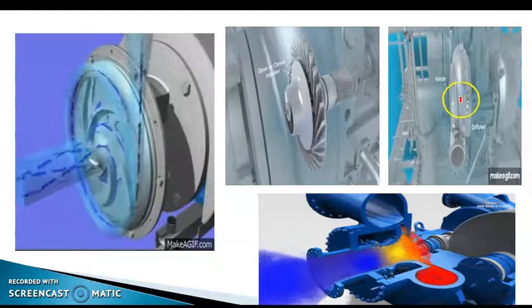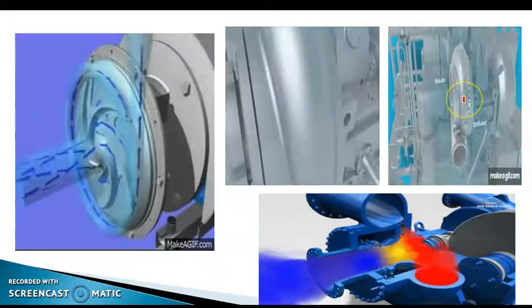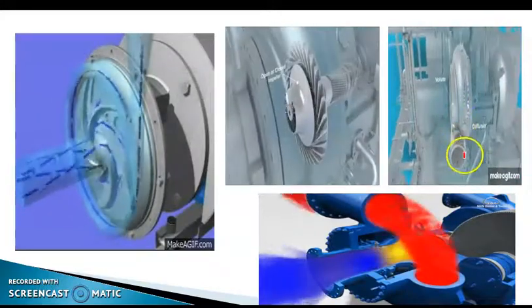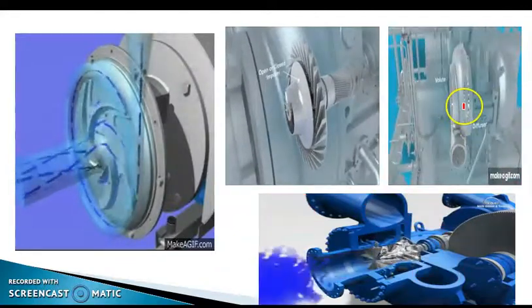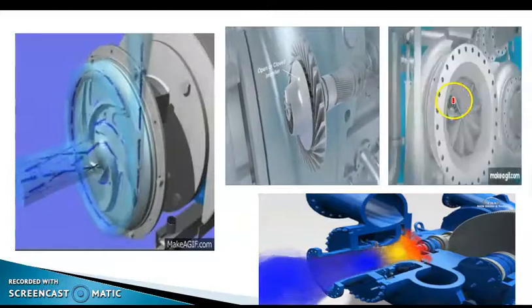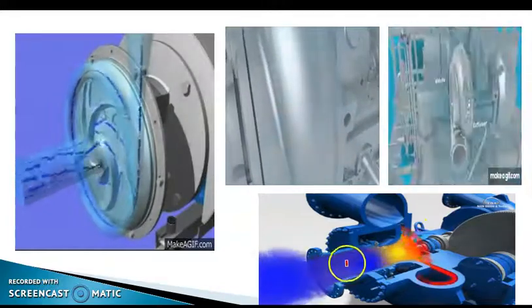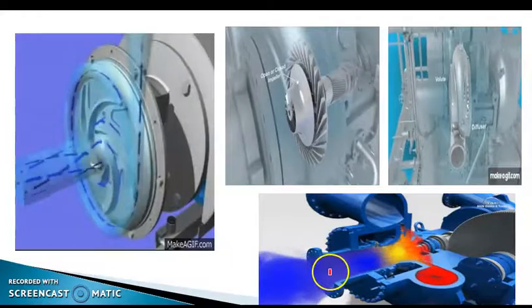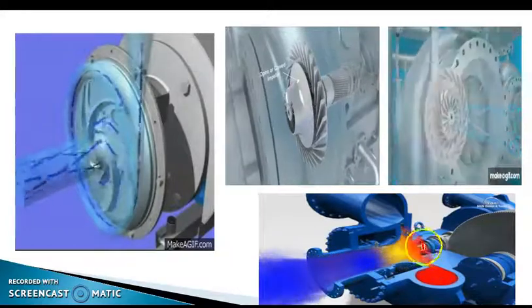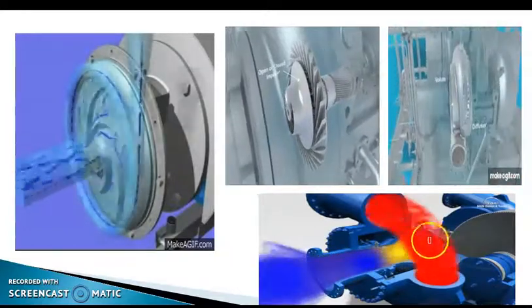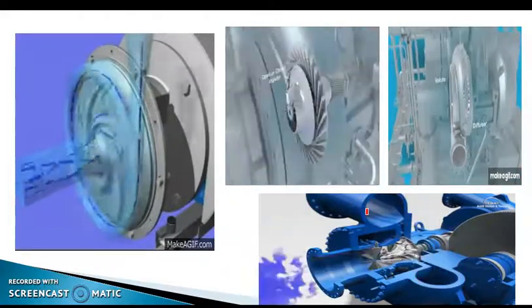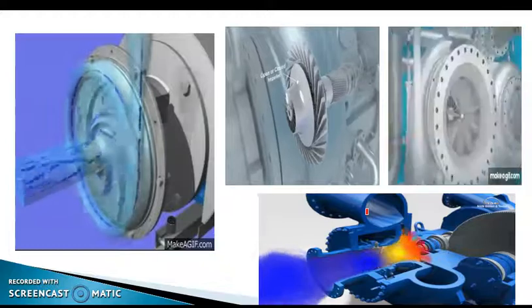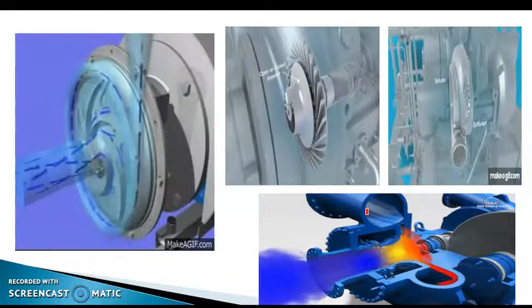And here I am also showing you an animation video of how the refrigerant is sucked into the impeller and passes through the volute casing. And this is your final view. The blue color you are observing, the velocity is increased, then it is converted to the pressure. So this is about the construction. Let's come to the working principle.